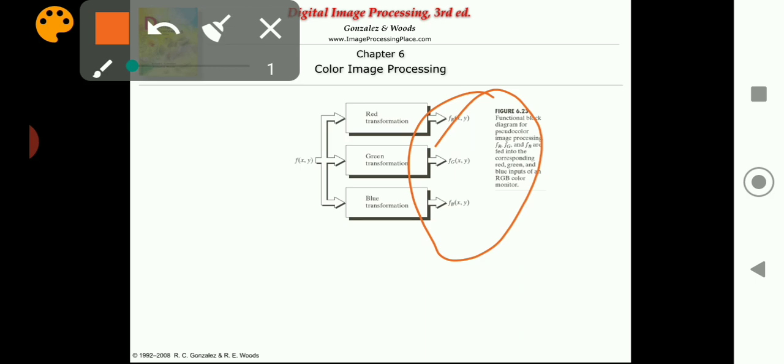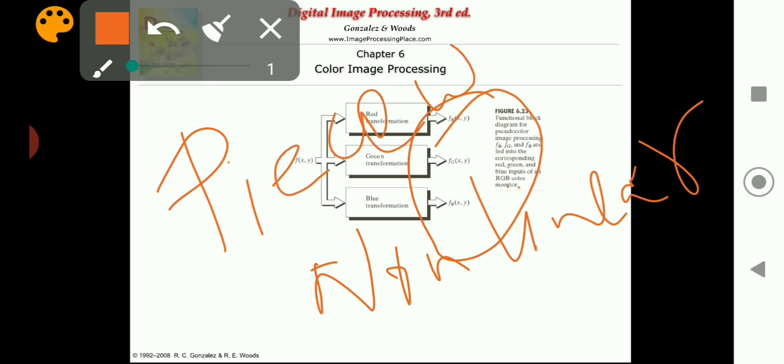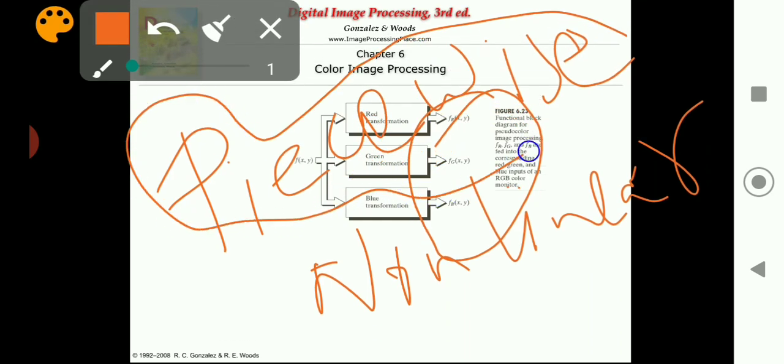In this method we are using a non-linear function. Remember this, we are using a non-linear function in this method, whereas in the intensity slicing method we used the piecewise method. So this is one of the major differences, that is, what function is being used.